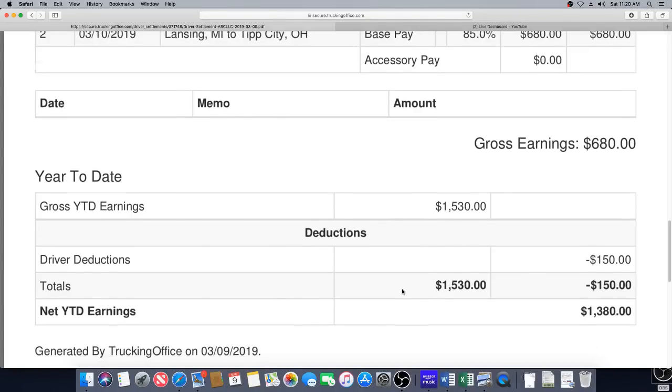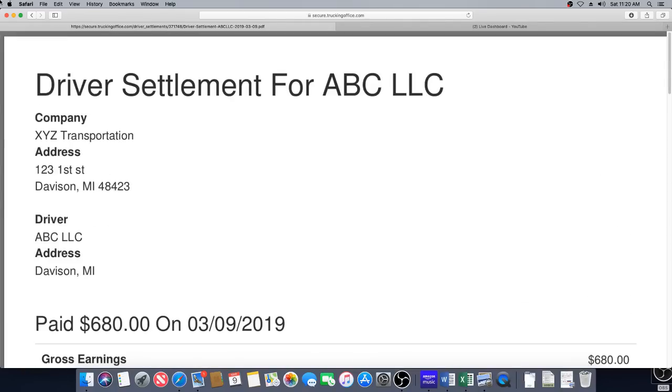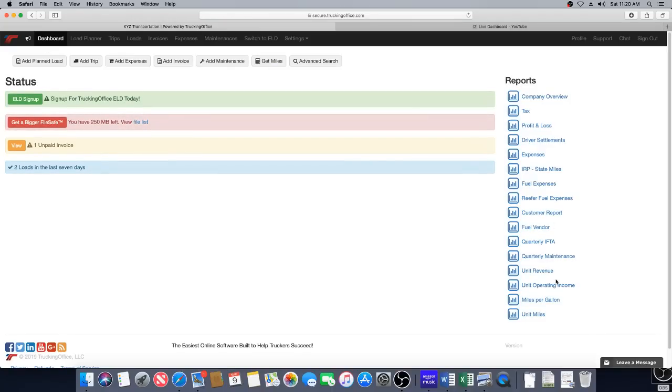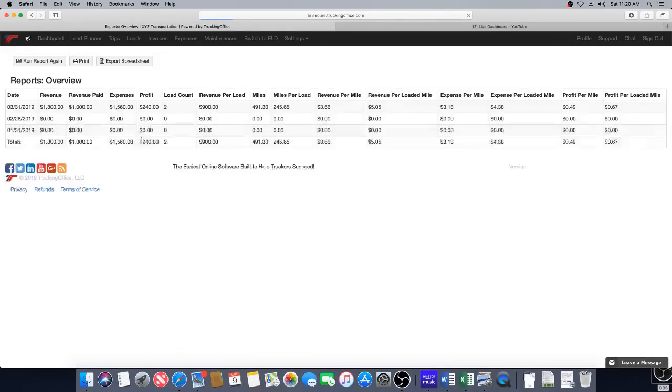His fuel that he had purchased. So he's got a net earnings so far of 1380. So that's how that works. And if you go to dashboard, you can get all this stuff here. Company overview. And if you run that report, it's going to show you